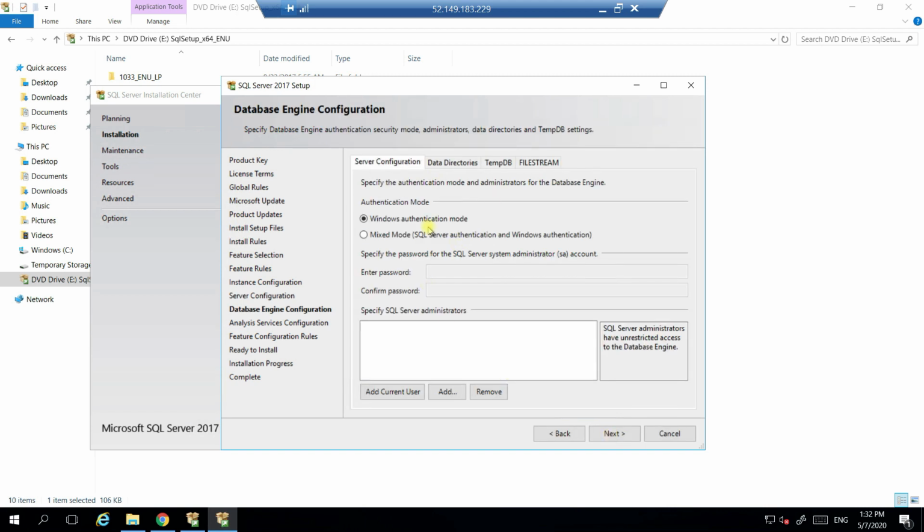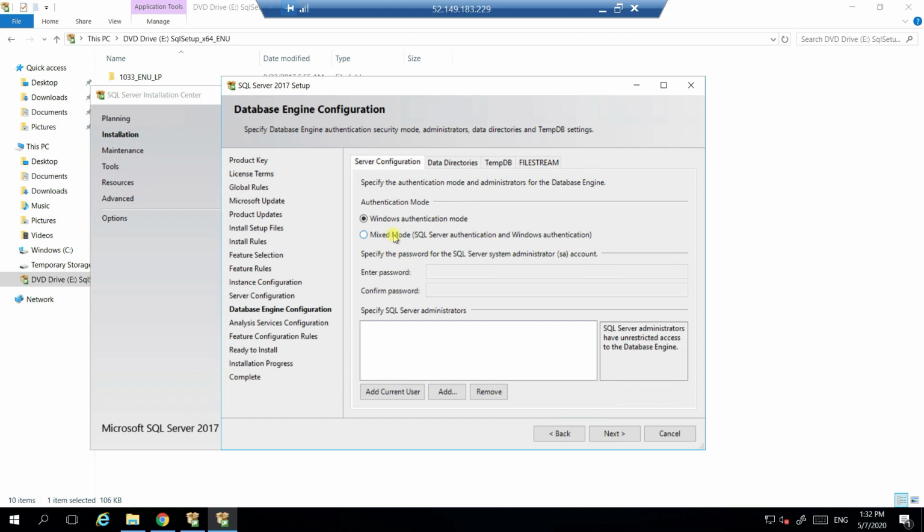And here, basically in SQL Server, we have two different types of authentications. One is Windows authentication, the other one is SQL Server authentication, which we call mixed mode. Here, as per SQL Server terminology, Windows authentication mode means, by default, if you log into the server, I remember whenever I was talking about SQL Server, if you click on the connect button, it will be asking server name. I'll use server name as dot, and it will not ask any username and password because it will take my Windows username and password by default. That is Windows authentication mode.